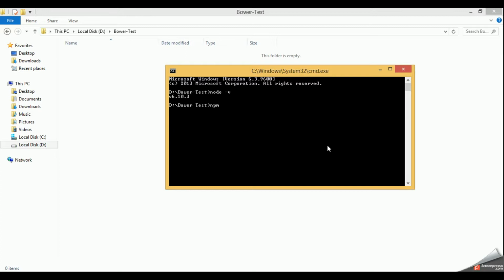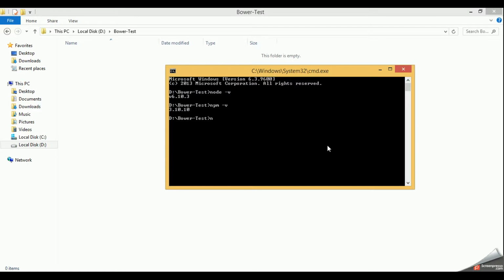I will also do npm -v, so it will return the npm version installed on my machine. If both these commands return the actual version, that means npm and node are working fine on your machine and you are good to go with Bower. You can see I got both the Node and NPM versions, so Node and NPM are working fine. So let's go ahead and see how we can install Bower.